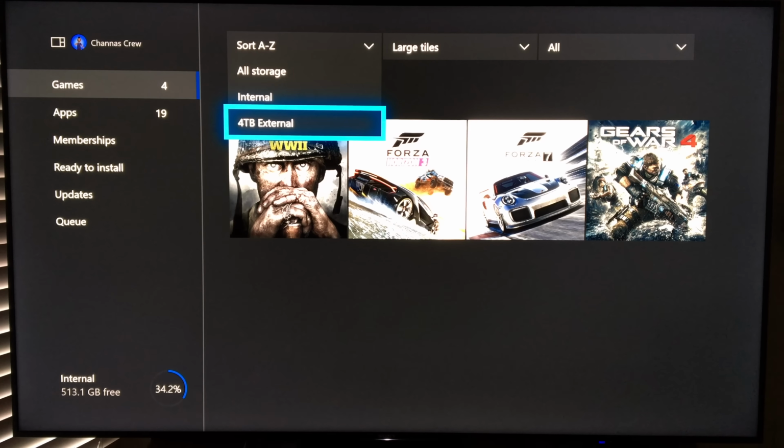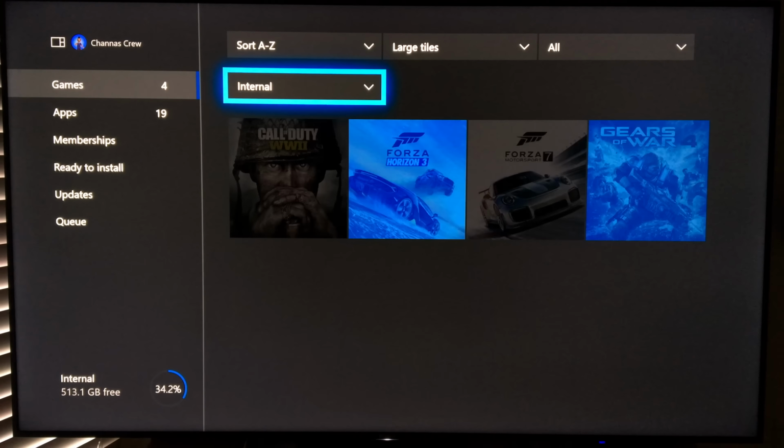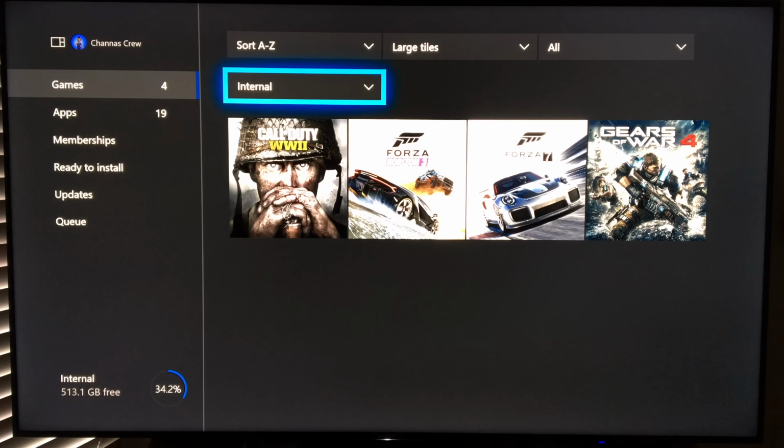Okay? Now if we go to all storage, you'll see everything that's on both drives, the internal and the external. And if you notice in the lower left corner, it says all storage, 4.1 terabytes free. Now if we choose internal, you'll see that go down to 513 gigabytes free because I have these 4 big games on here. So now that I've showed you how to do it with one game at a time, let's